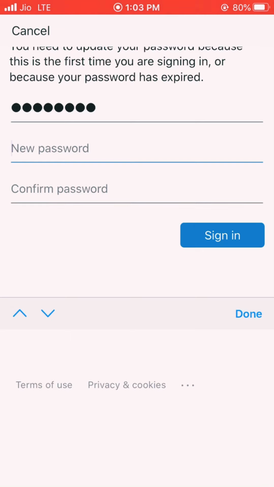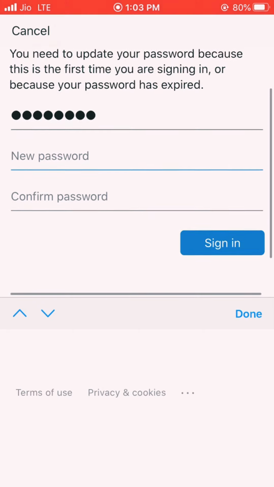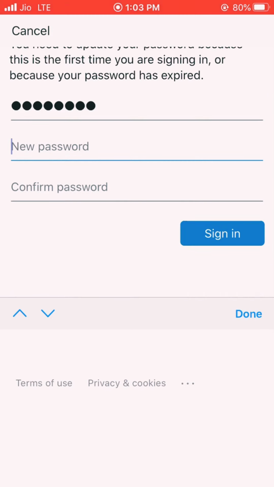But do remember one thing: while choosing your password, do not use your display name or username in it, otherwise Microsoft is not going to accept it. Get it very clear that you should not use your username. Suppose my name is Akars, so I cannot use my name Akars in this password. If I use it, it will not accept it.